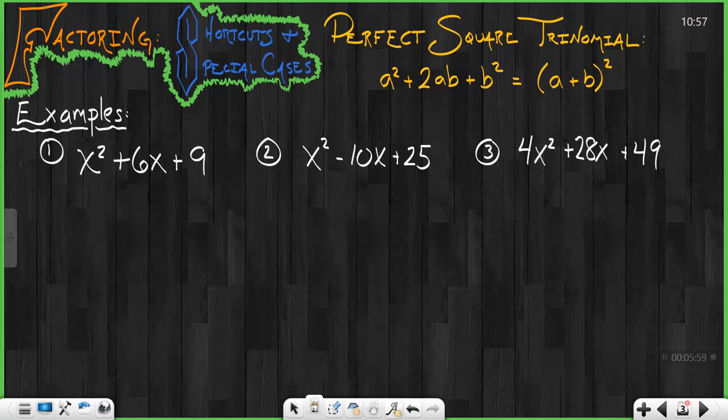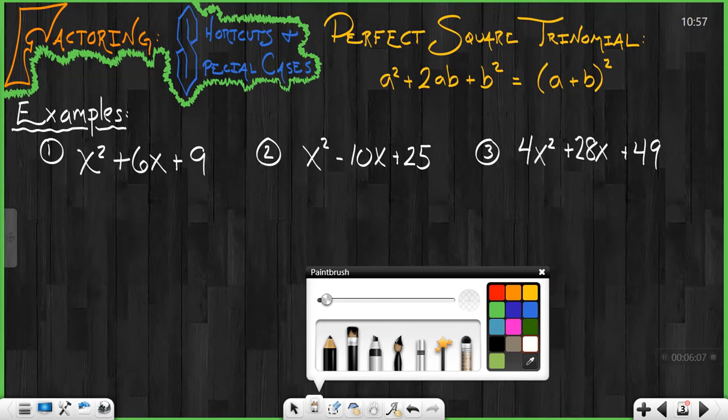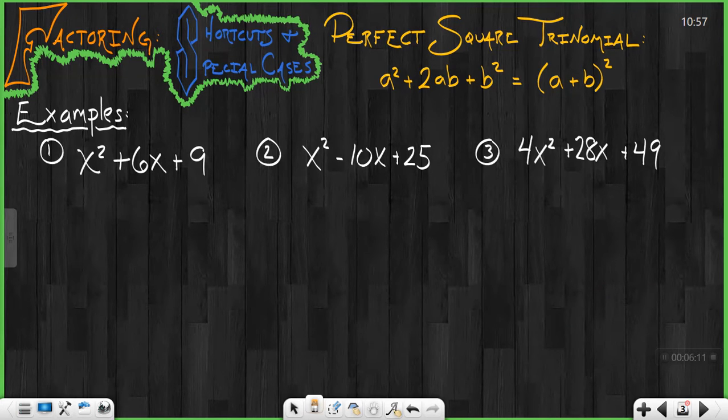Our next one, perfect square trinomials, is a special case. A perfect square, just as a side note for the moment, I'm just going to put this up here in a different color, orange. I'm going to erase it. But a perfect square number